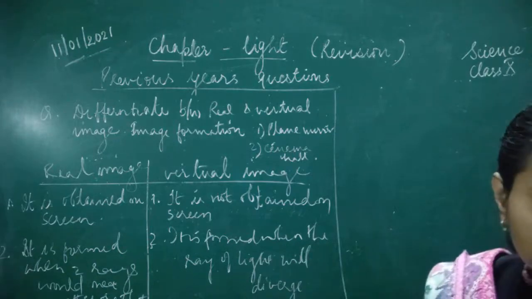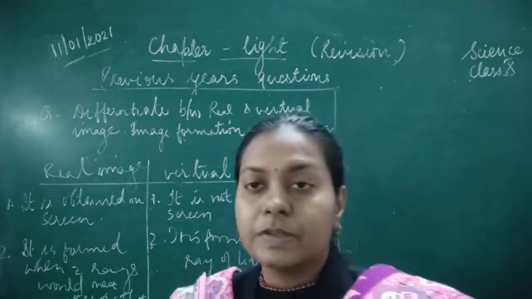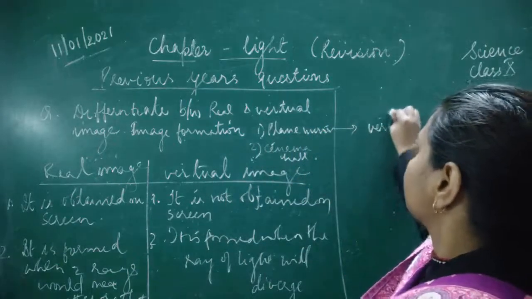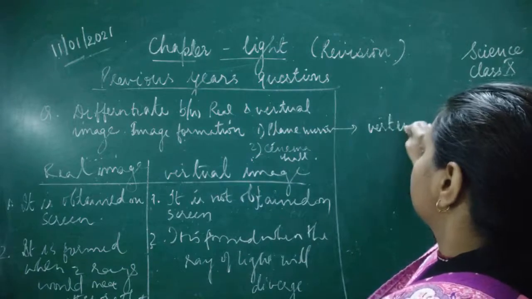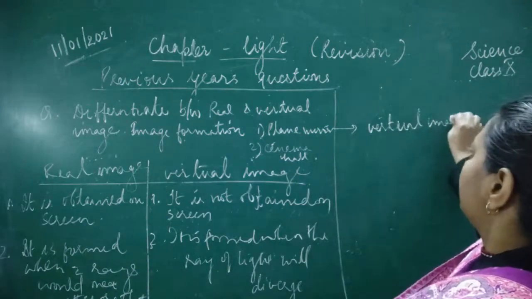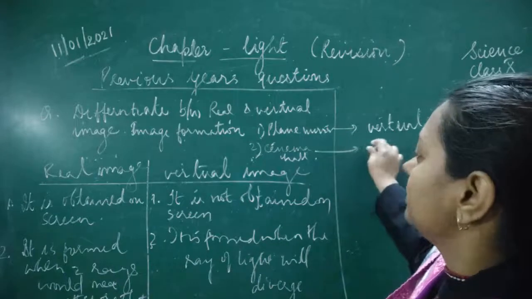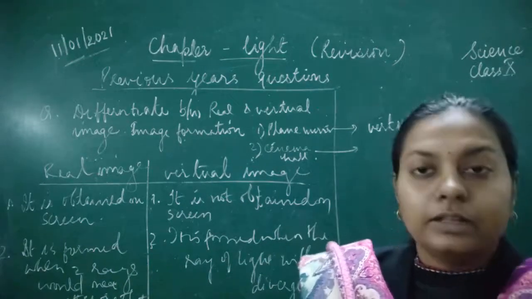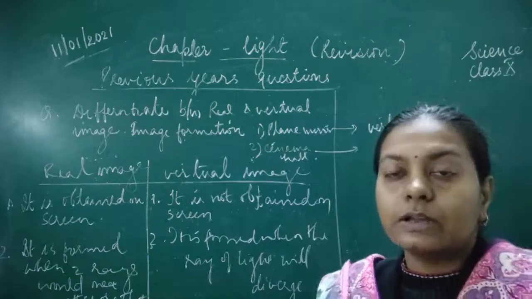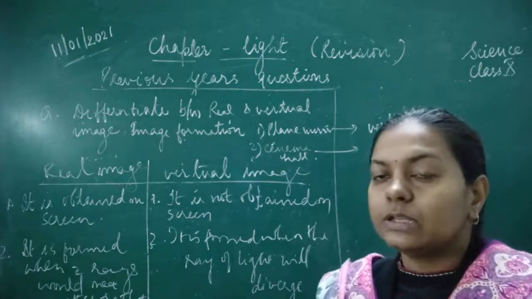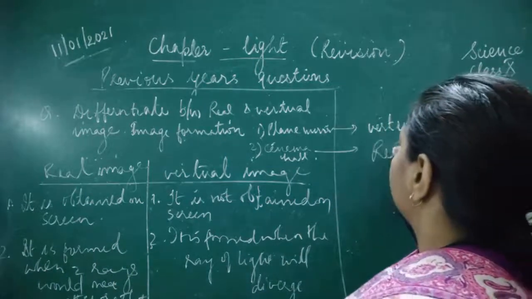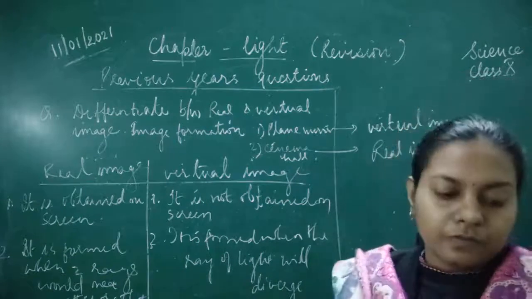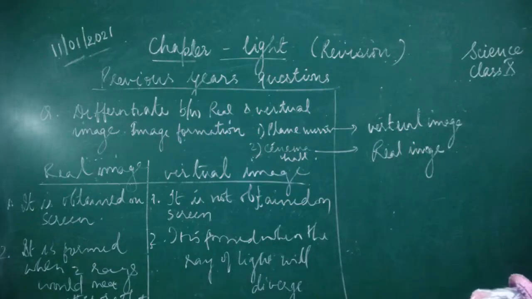Okay, the next question in this part was what kind of image is being formed in the plane mirror. So a plane mirror will always form a virtual image. And in the cinema hall, what kind of image is formed? In the cinema hall you understand that there is a presence of a screen, a big screen is there. So if the image is formed on the screen, then it means it is a real image. So a real image is formed in the cinema hall.